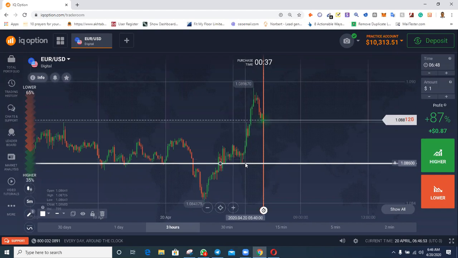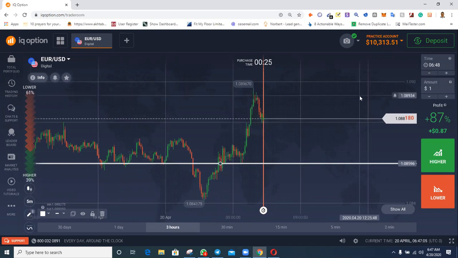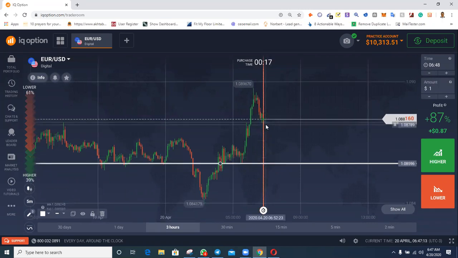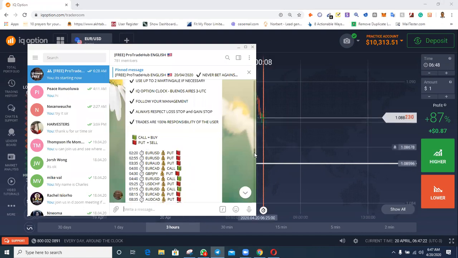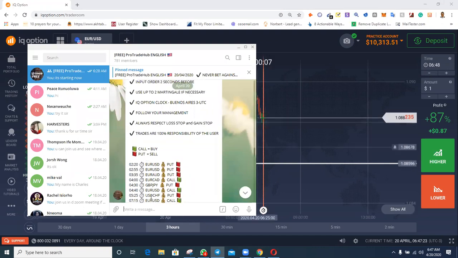That tells me that if the trade keeps coming down, if it gets here, it's going to go back up. But within the few minutes that we have for the next trade, would the price get to this area? Normally, if I'm the one trading, I would have gone for a sell, a put instead of a call, because here we have, let me put it here so that we can see it properly. Okay, this is the next that we're going for.